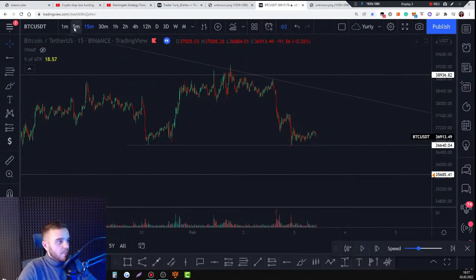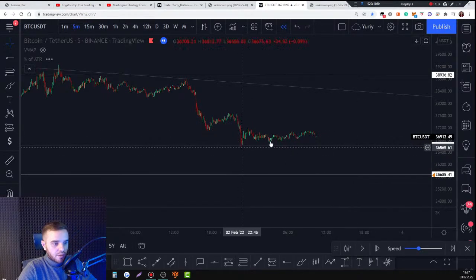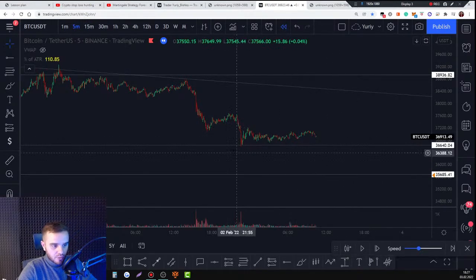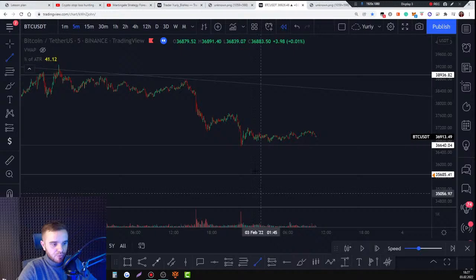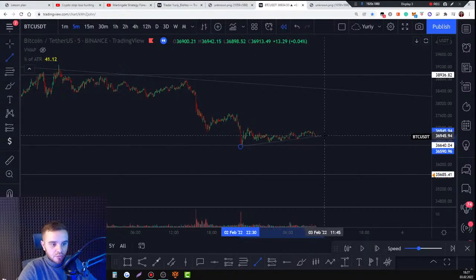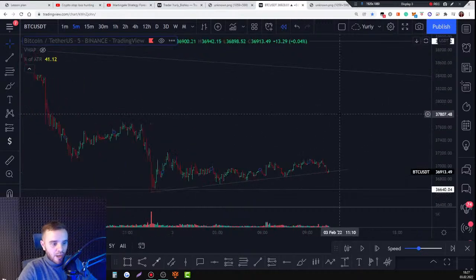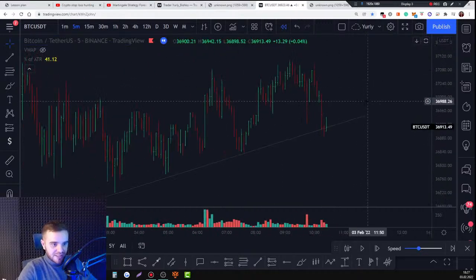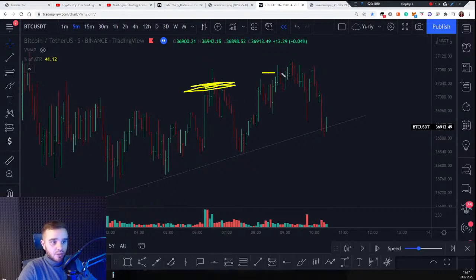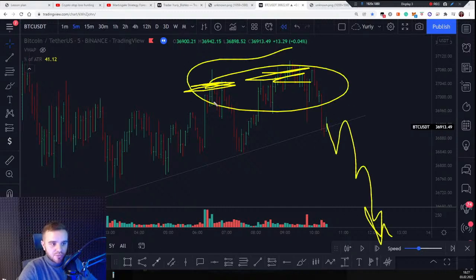Here, we saw that price broke the local range and the local trend line on significant volume, where someone sold quite a lot of bitcoins, here and here. Based on that, if these sellers are really strong enough, they can push the price down.